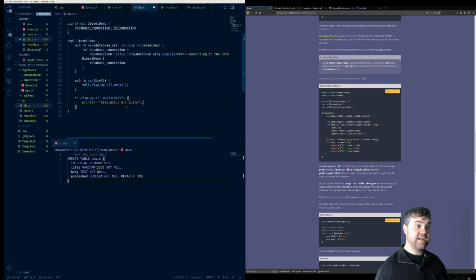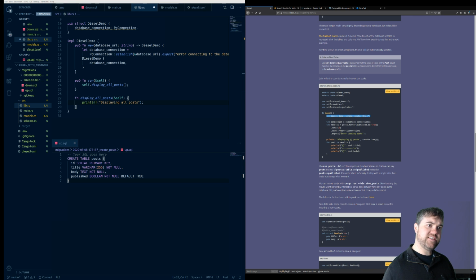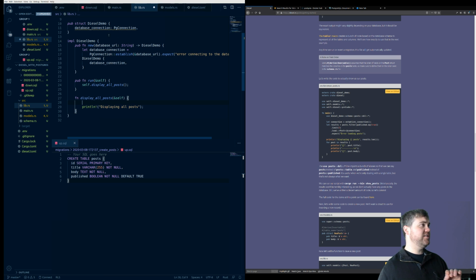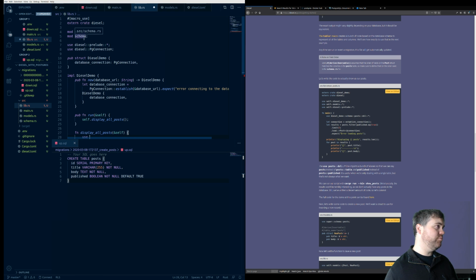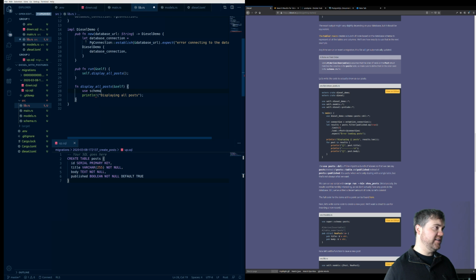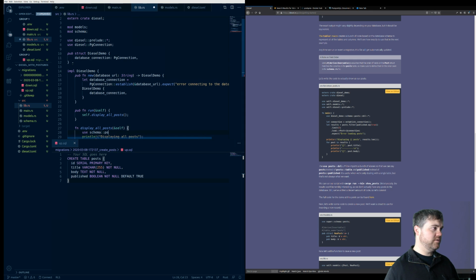All right, so now we need to actually connect into the database here. And they have this like use diesel demo schema post weirdness here. This is what was really tripping me up initially. But once I realized that all the magic is happening through the interface of that schema file, that makes everything have more sense. So we're going to say use, and we need this schema, which we're bringing in here. So use schema, and then it's going to be the posts,